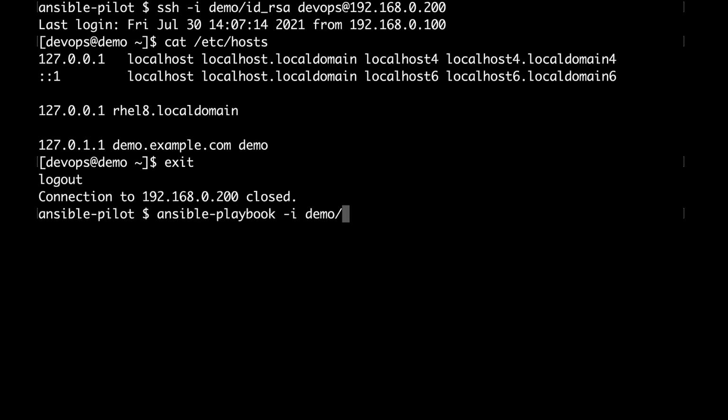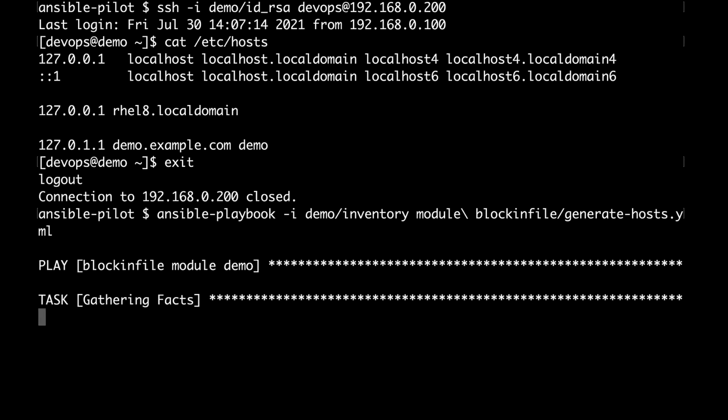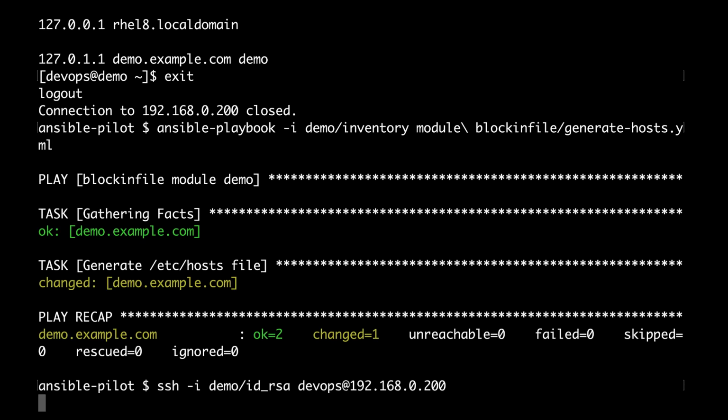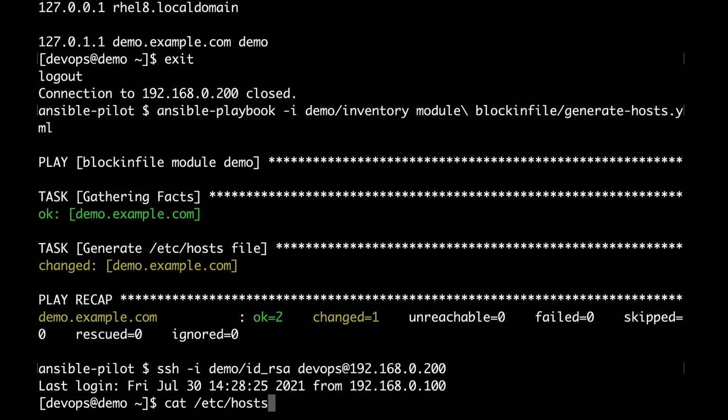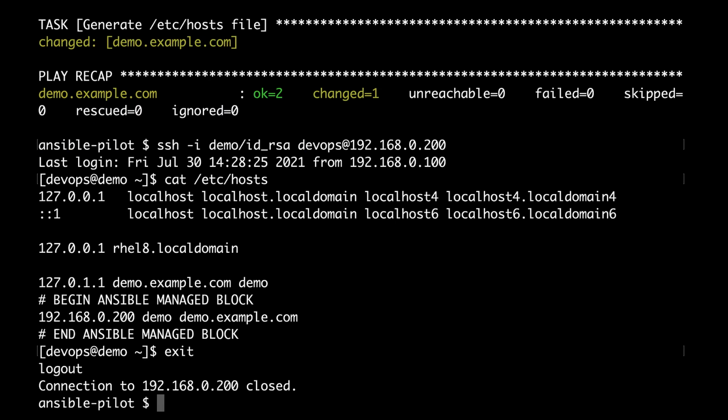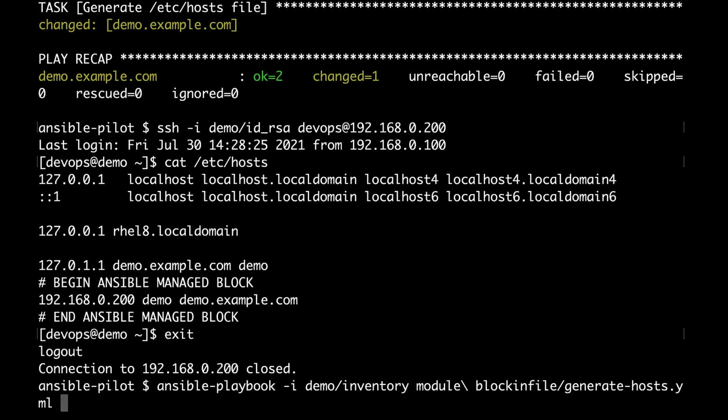We specify the inventory file and our playbook, the blockinfile module one that we created before. Let's see, we are going to execute task by task, and here we are. The edit is performed. Let me connect again to the target machine and check it out, /etc/hosts. Here we are, and you can also notice the block in the last lines.